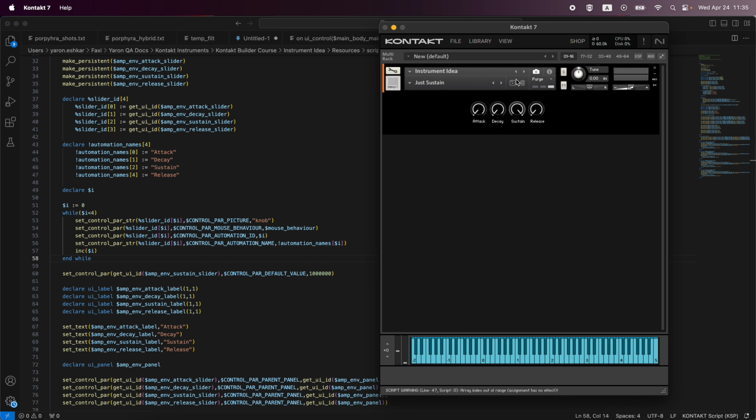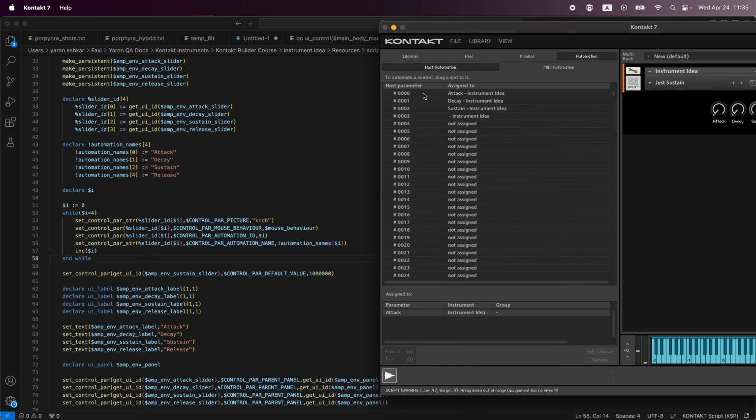So we go here, and we just see that everything is correct, right? So first of all, the picture is correct, since we removed our previous code. I see the knob behavior is correct. Let's look at the automation. Whoa, one is not correct